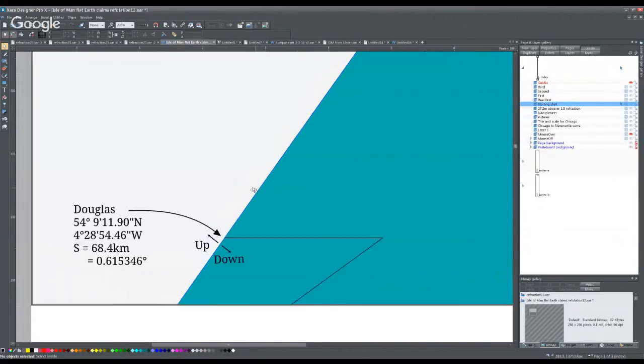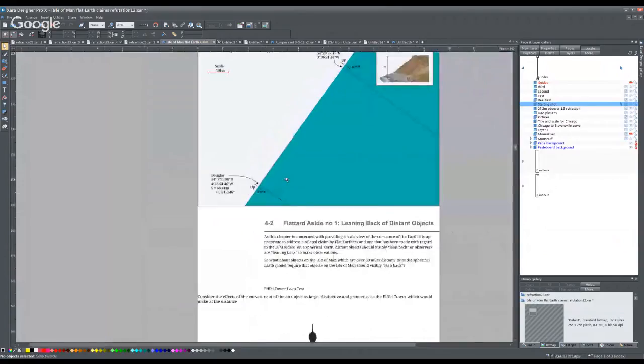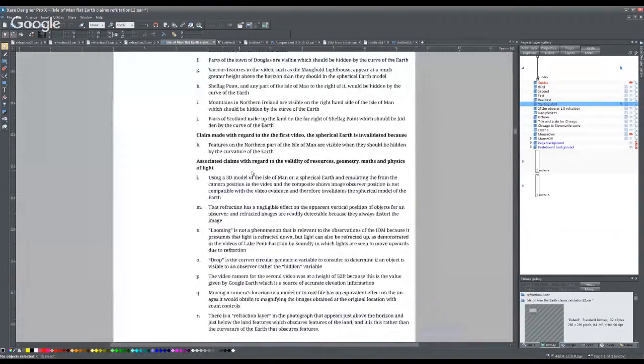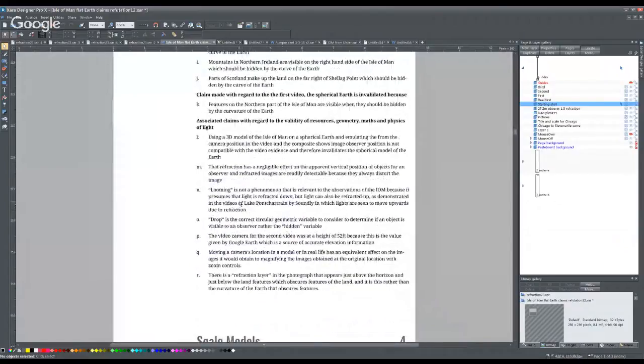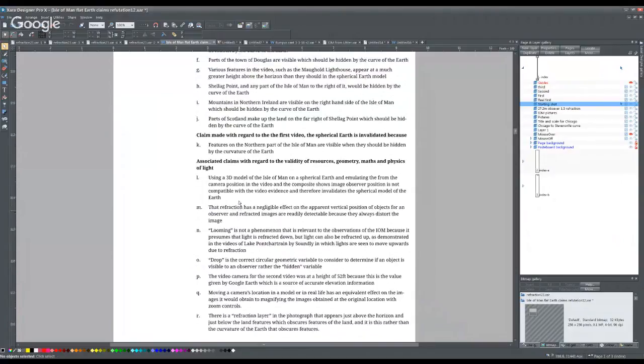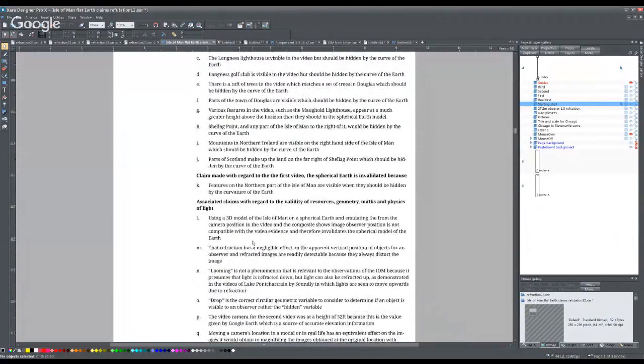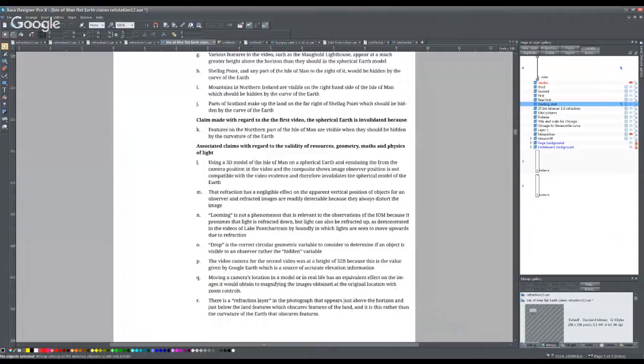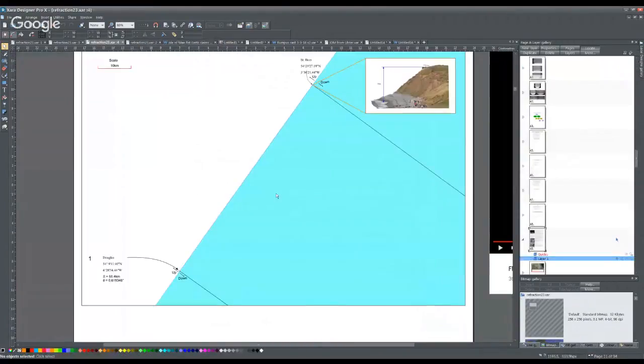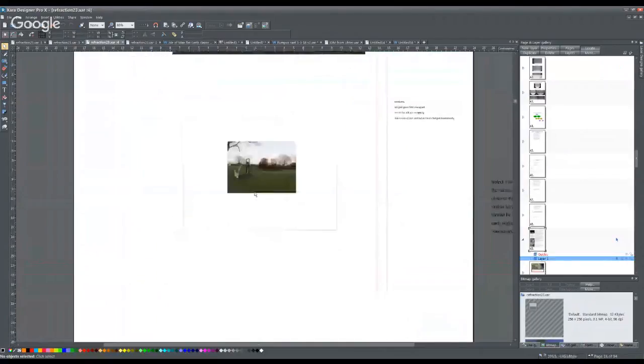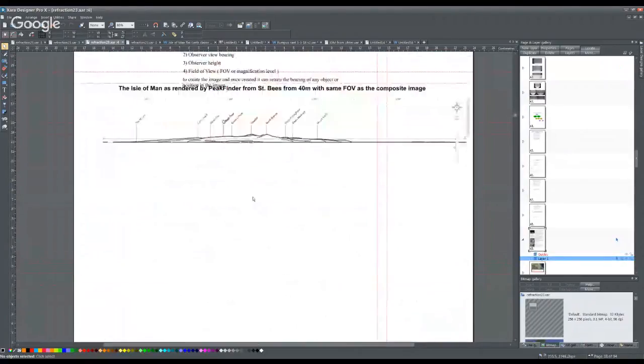One of the claims that I didn't go through there, one of these various claims, the main one that they make, is about the phenomenon of refraction called looming, which is things rising up, being more visible but not hiding behind the curve where you think they are hiding behind the curve. And one of the claims is that they claim this isn't happening, or that refraction is just simply the mirage effect. So they, for instance, will claim that when they talk about refraction, they are talking about things like